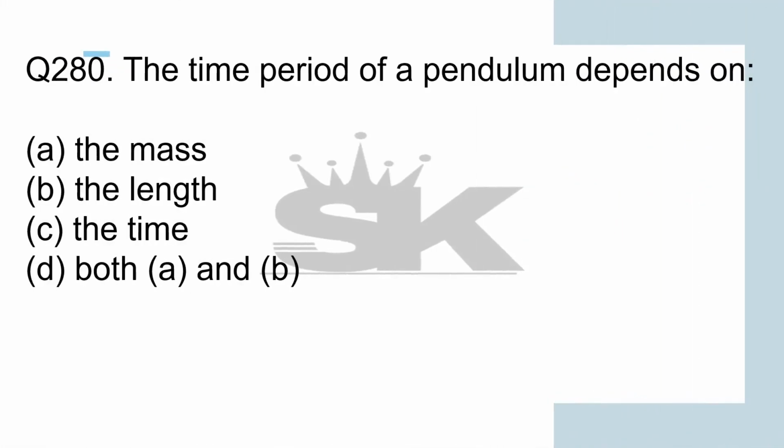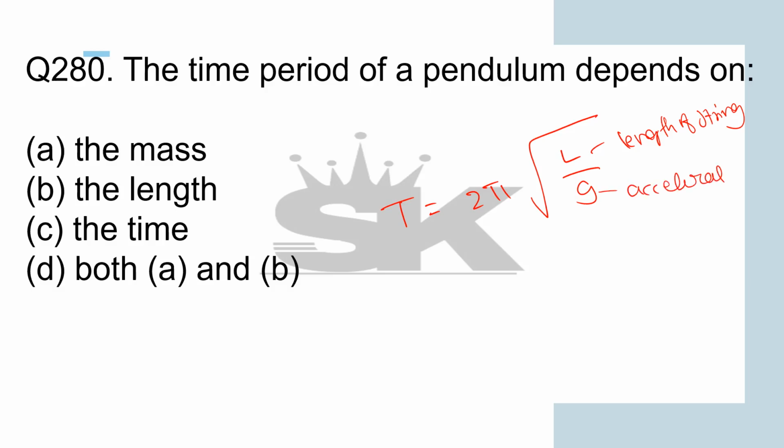The time period of a pendulum depends on... So we have discussed previously T equals 2 pi root L by g. L means length of string, g means gravity. Okay, so here the options are, mass neglected, it's option B, the length. Okay, g here is acceleration due to gravity. Okay,